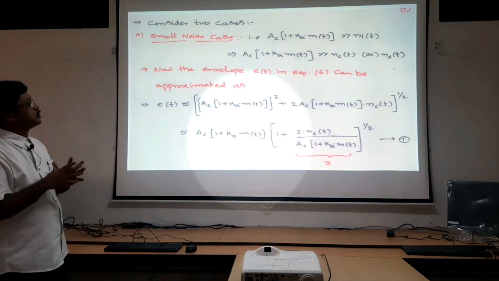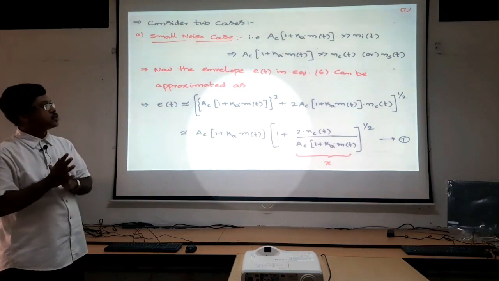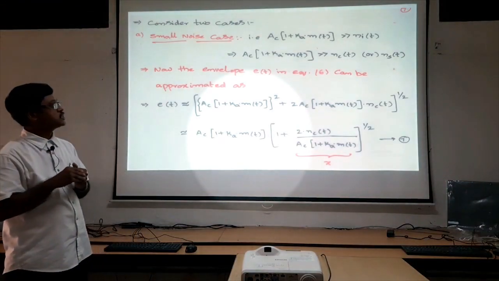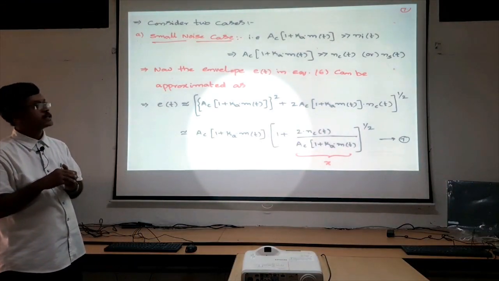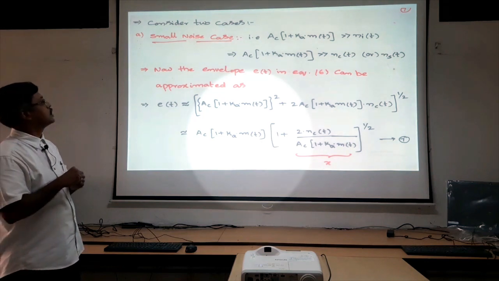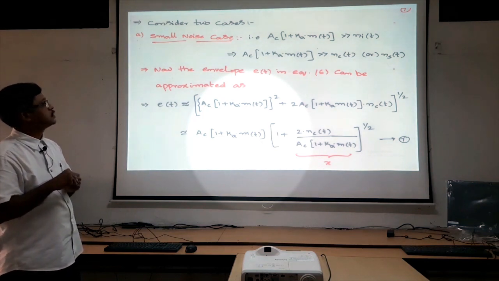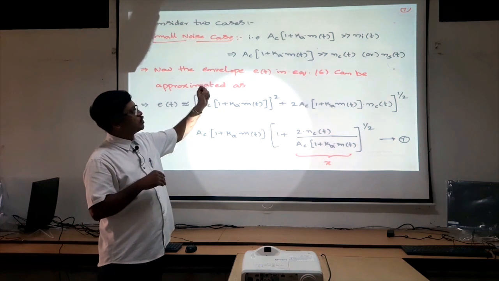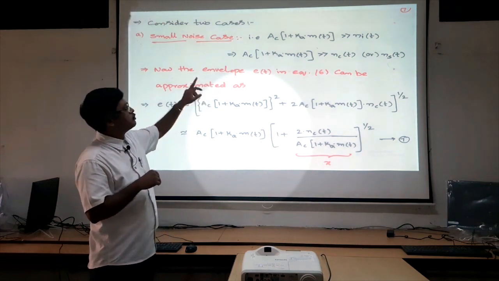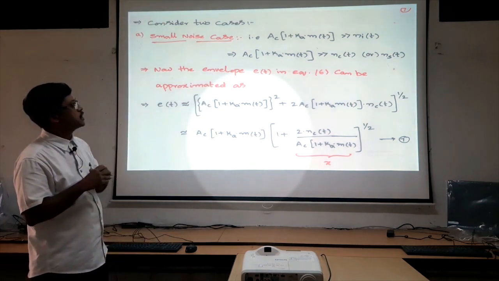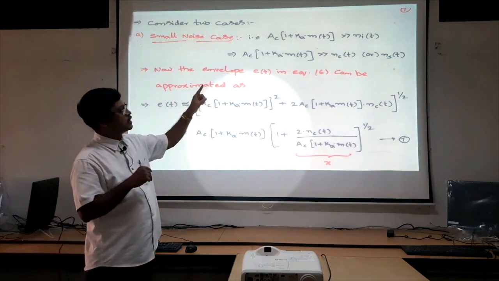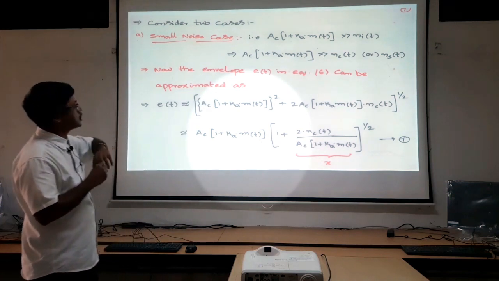So let us focus on the small noise and large noise cases in amplitude modulated systems. Compared to the DSB-SC modulated system, the amplitude modulation system has an additional carrier. Here I am considering two types of noise, named small noise and large noise. Now let us focus on small noise. In the small noise case, the noise component Ni(t) is very small compared to the signal, that is Ac into (1 + ka m(t)). Otherwise, the signal is much greater than either the in-phase noise component or the quadrature noise component.